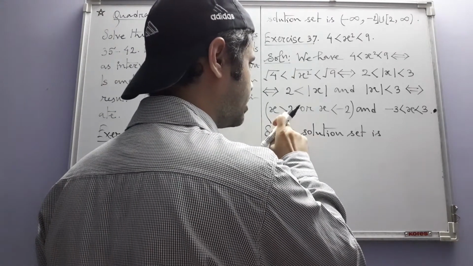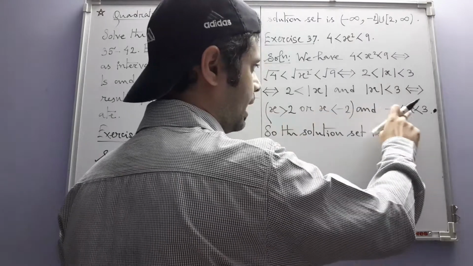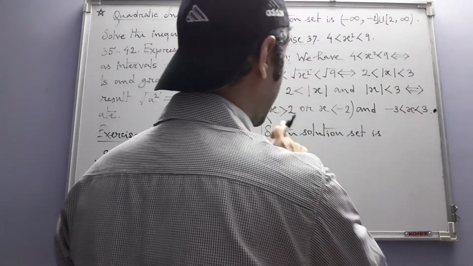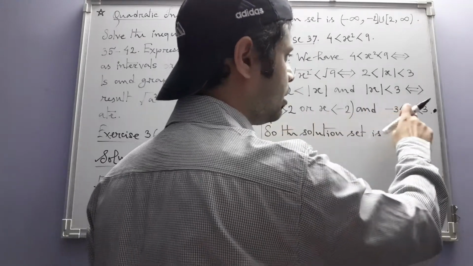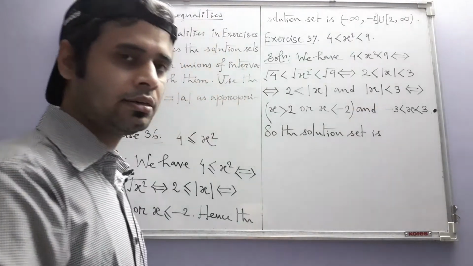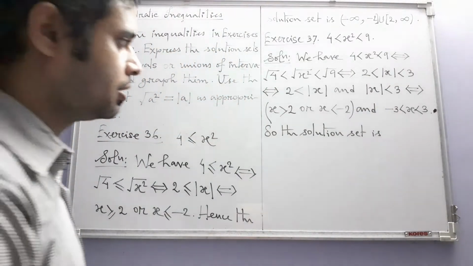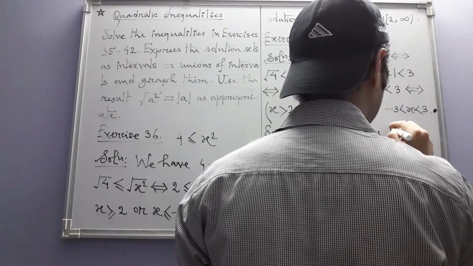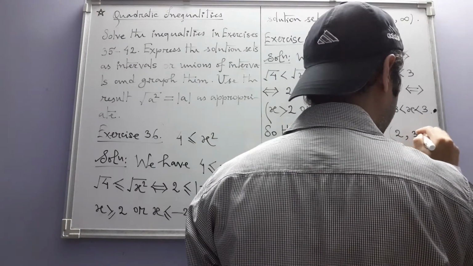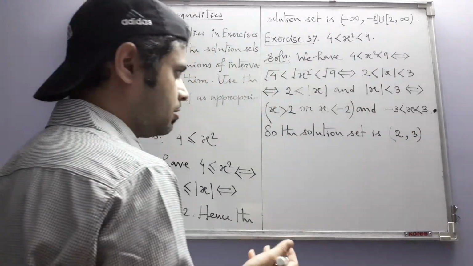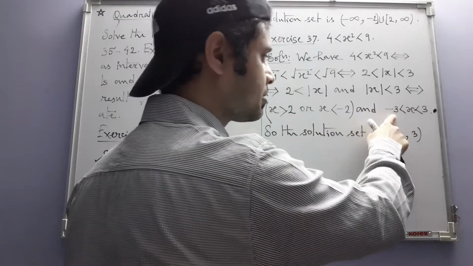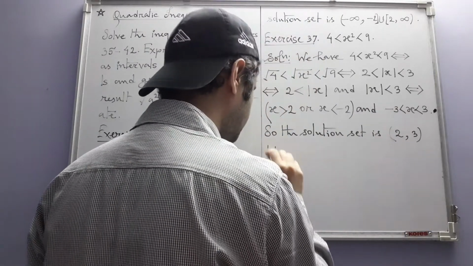Either x is greater than 2 and these things. Okay, that means either x is greater than 2 and less than 3. If it is greater than 2, then it's automatically greater than minus 3, so that need not be written. So that means greater than 2 and less than 3, or x is less than minus 2 and greater than minus 3. That means union